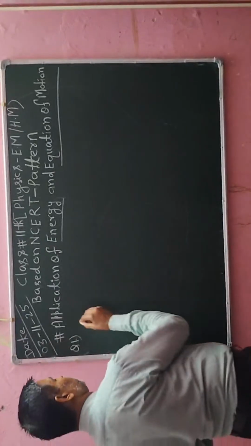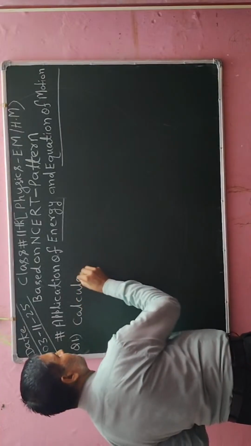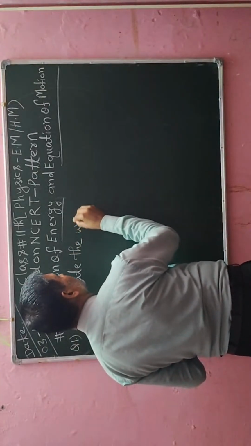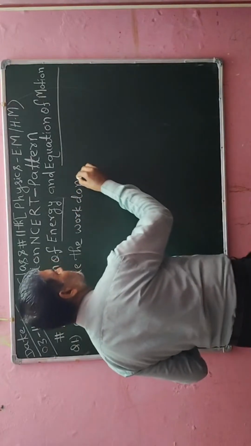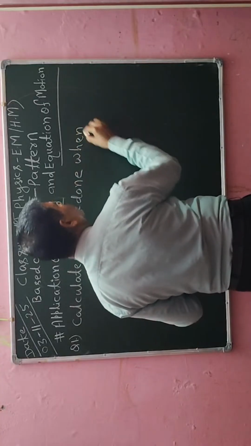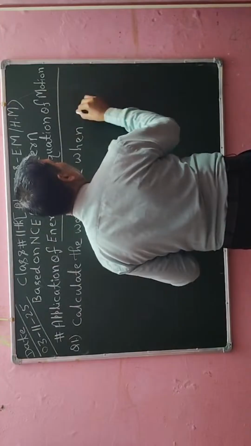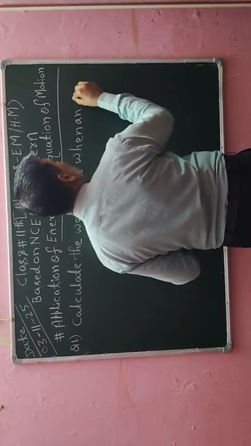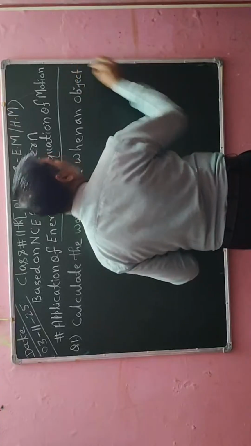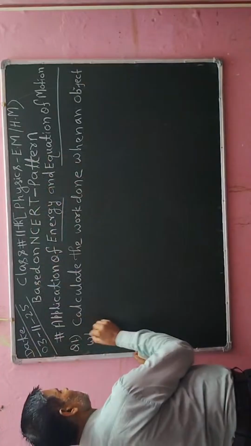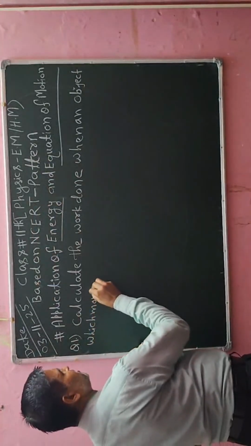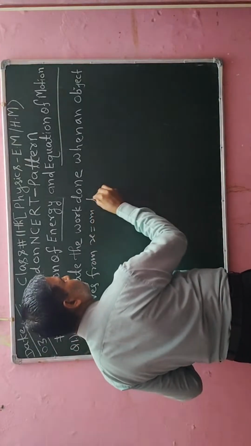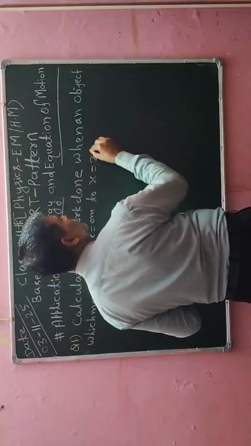Now calculate the work done when an object moves from x is equal to 0 meter to x is equal to 2 meter,